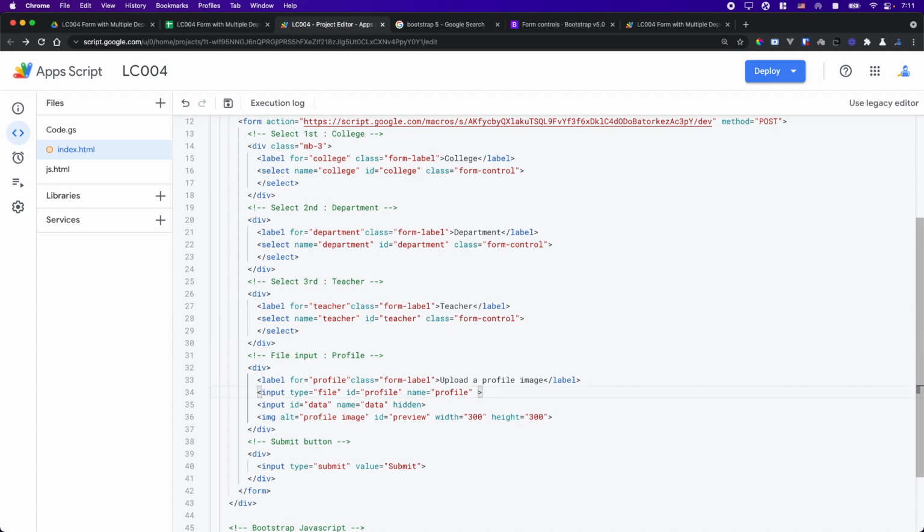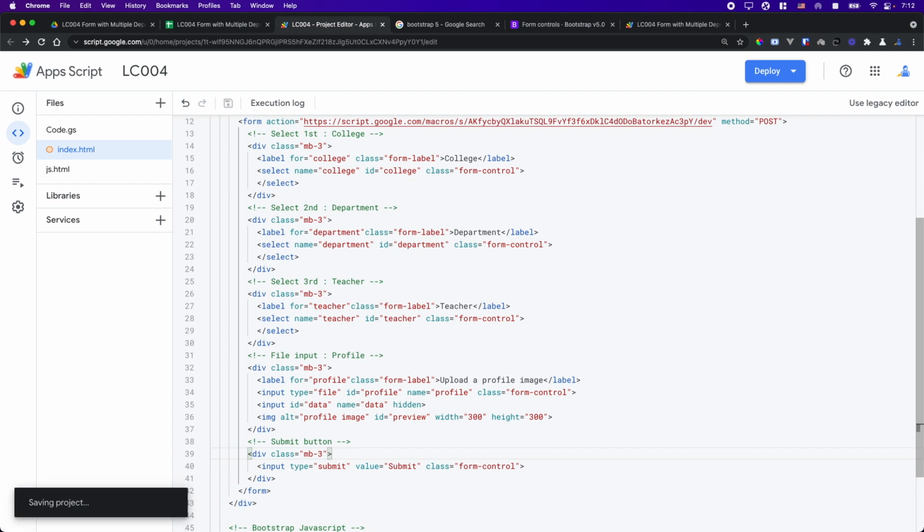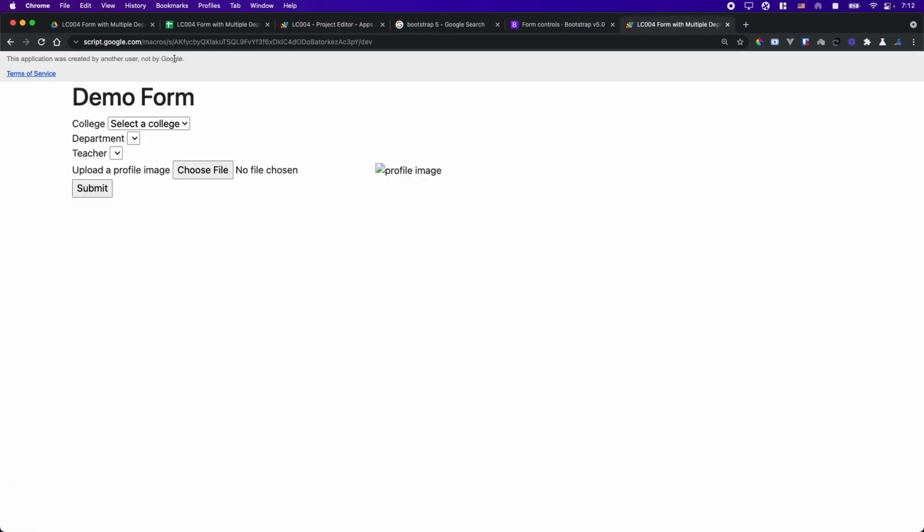this is, what is this? This is for the file input. Okay, maybe this one we need to do some change, but for now, let's add it here, and add a margin for all of these divs. Not this one, this is a close tag. Okay, so if I try to reload the page,